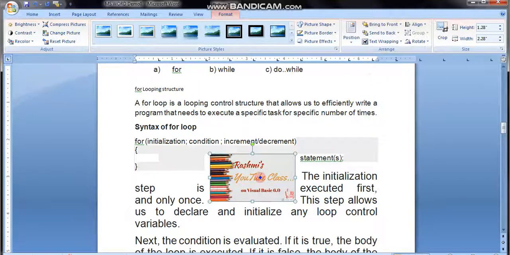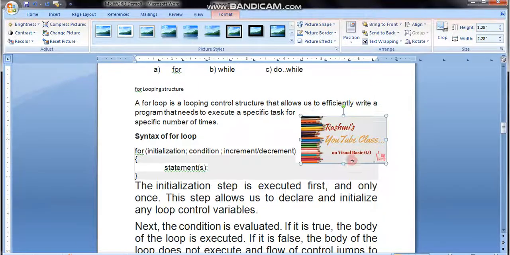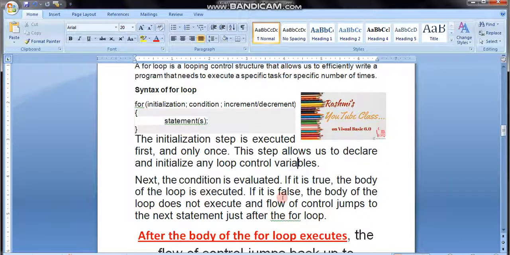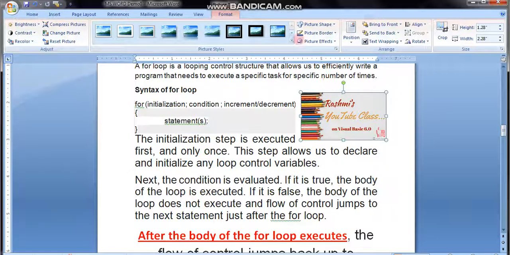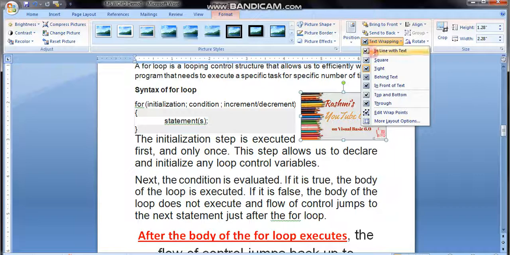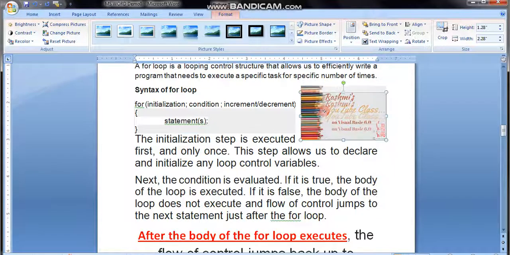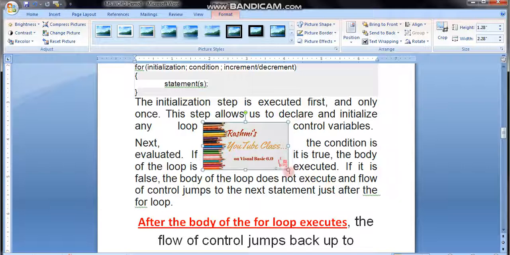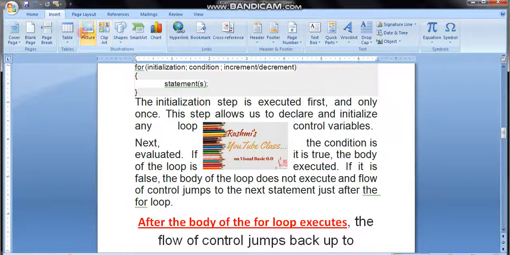Doing tight, what is happening, all of you please see. Wherever I wish to keep the picture, I can keep it very nicely, very smoothly. The movement of the picture will become much nicer. What I did: selecting the picture, going to the format menu, I just selected the tight option. So it gets tightened within the text. It means anywhere I can put it, inside some paragraph also I can put it. See, so nicely it is staying, but before it wouldn't stay so nicely. Fine. So this is the option we got from insert picture.